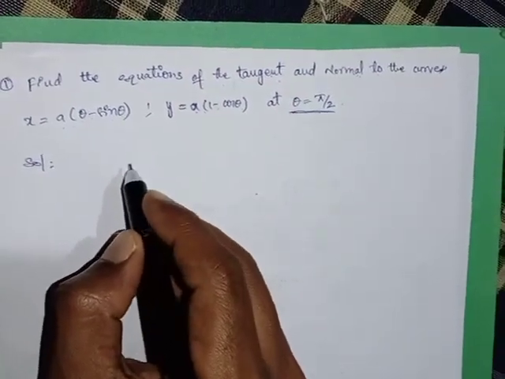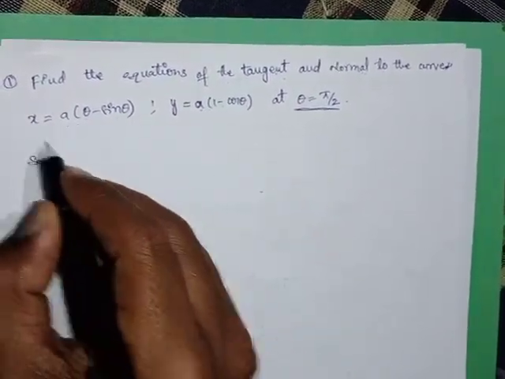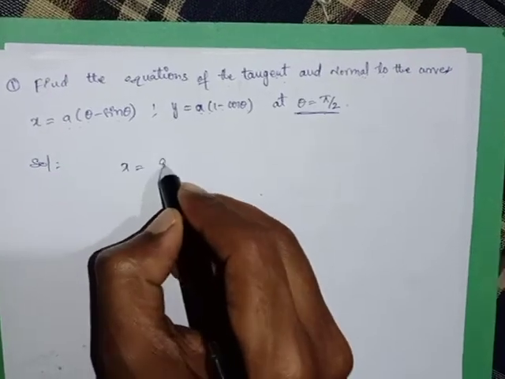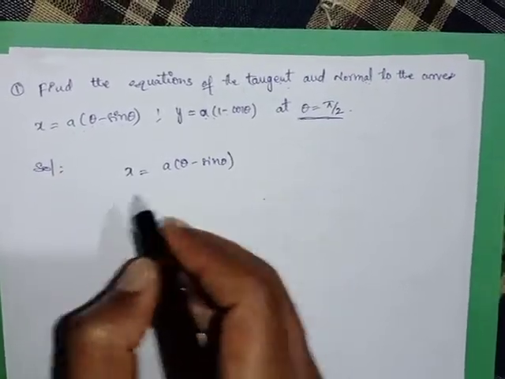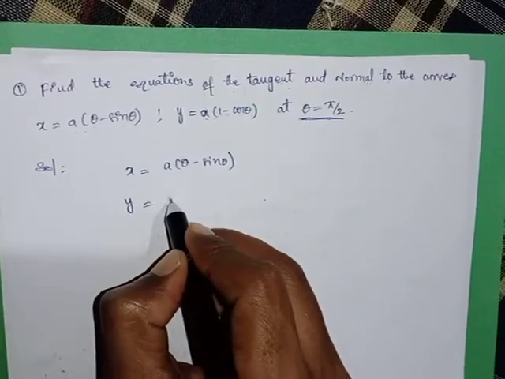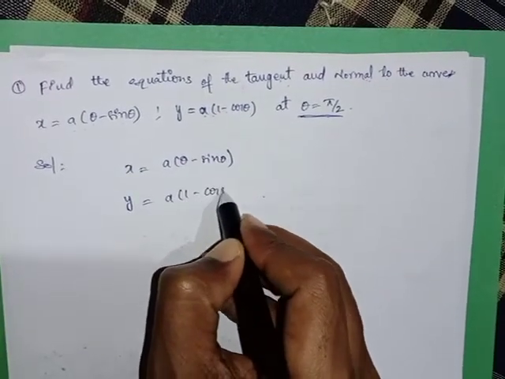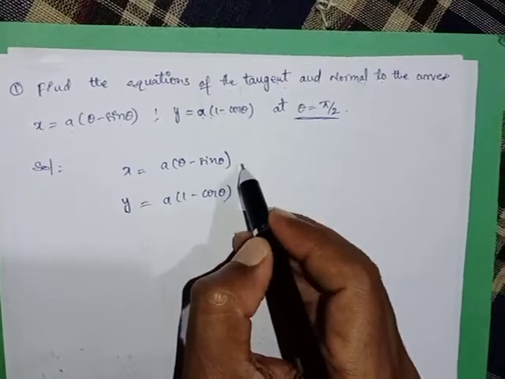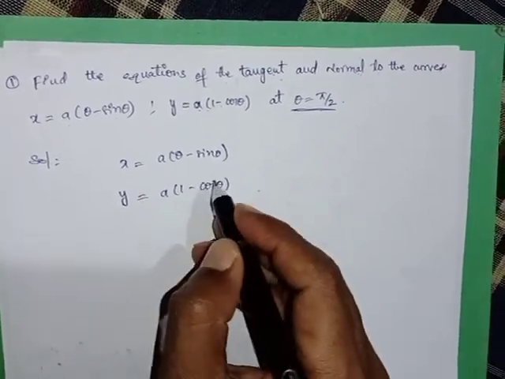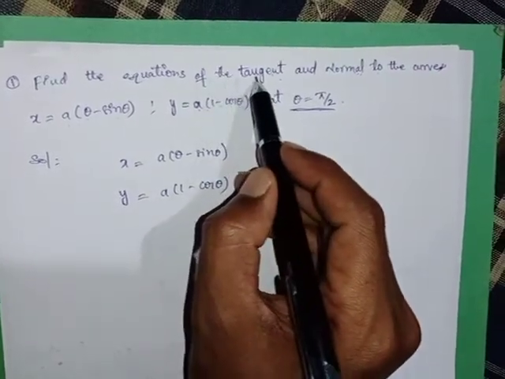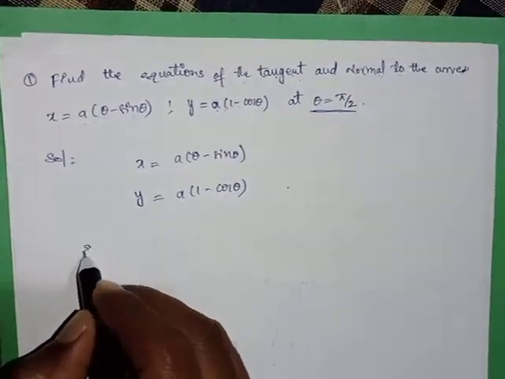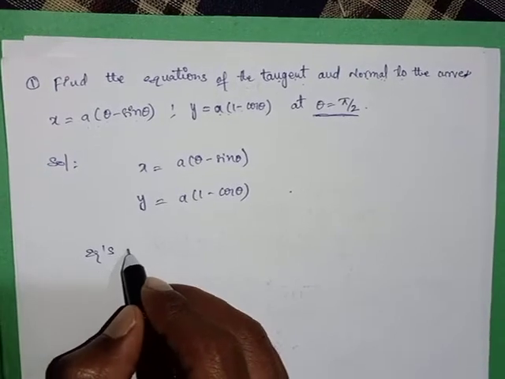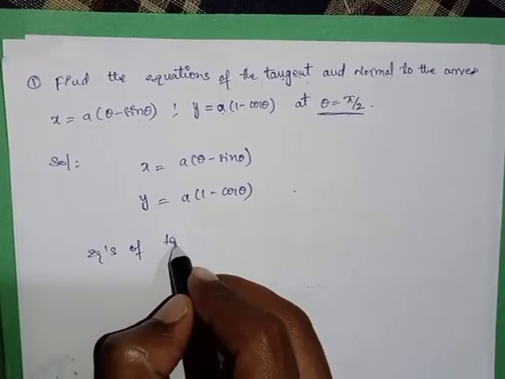First of all, write down the given data: x = a(θ − sin θ) and y = a(1 − cos θ). These are the given curves. Here we need to find the equation of tangent and normal. We know that the equation of tangent